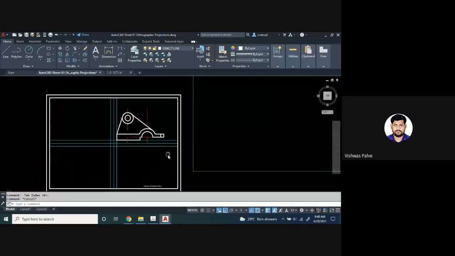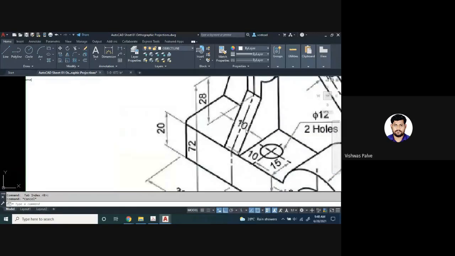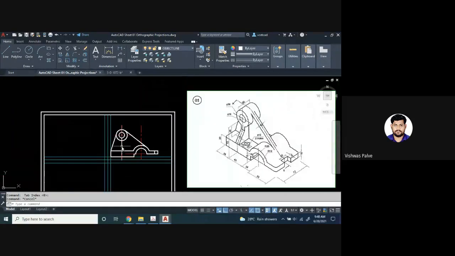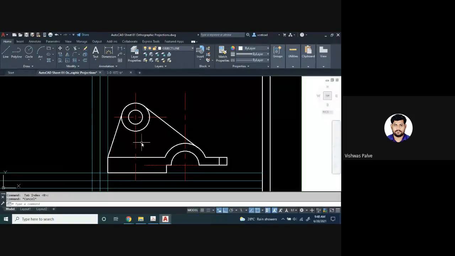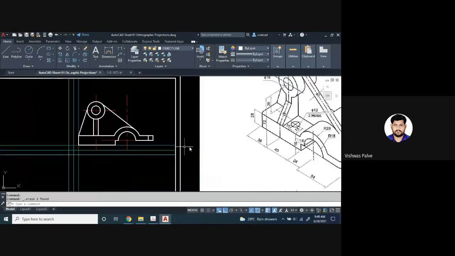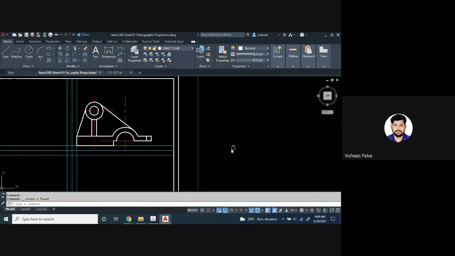I'll take an offset, and the distance is 10 millimeter, so I have to take an offset of 5 millimeter on each side. O enter 5 millimeter, on the right side 5 millimeter, on the left side 5 millimeter. So with the help of the center line, I have just taken a reference. Now I can draw an object line from this point to this point. Now this reference line which I have drawn, I can delete it. That was just a reference line which I was using.